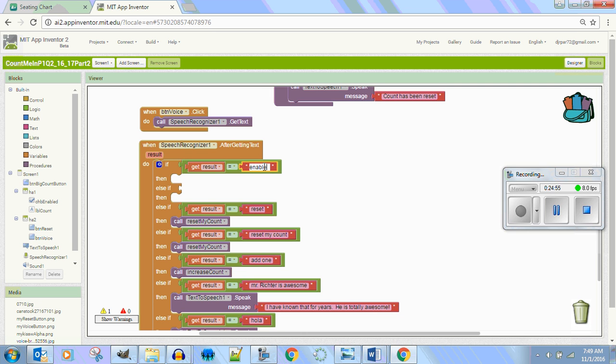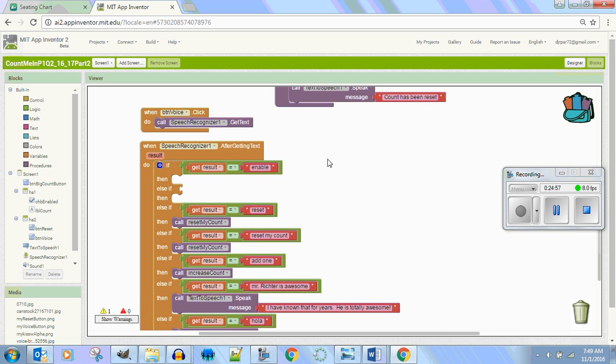Enable. Okay, this is a tough word because Siri does not like enable, because when you say in,